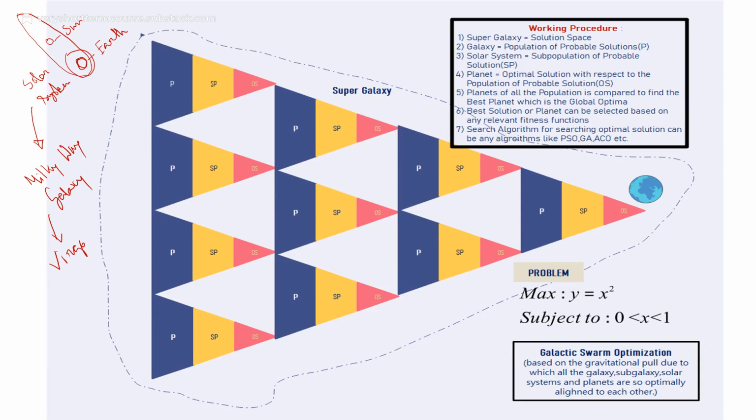Now the Virgo supercluster is again located under another super galaxy, and so on. There are millions of super galaxies, under which millions of sub galaxies are there. Under the sub galaxies there are millions of galaxies, and under the galaxies there are billions of solar systems, and